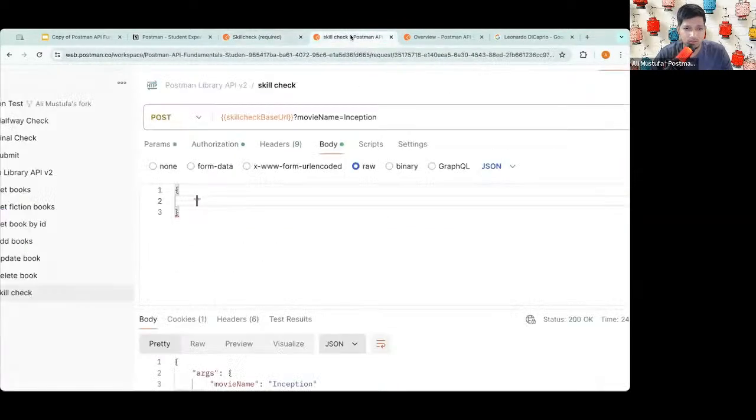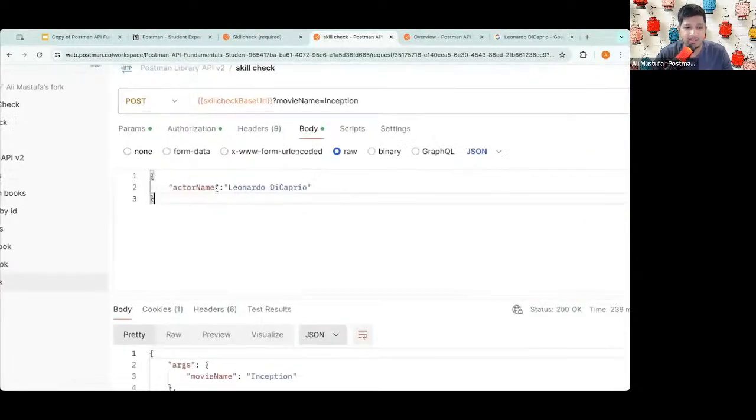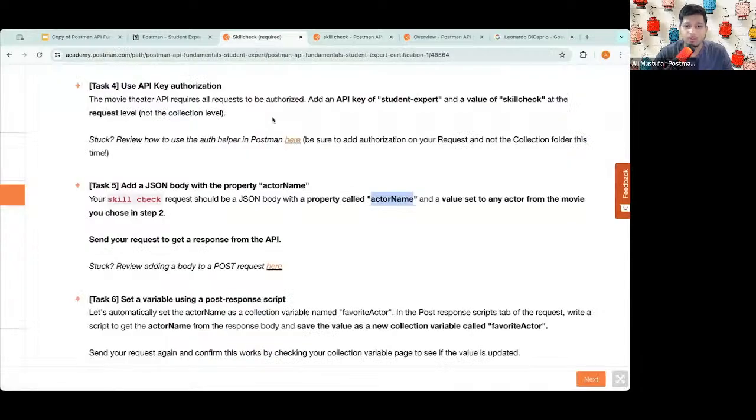So make sure that it is capital. So actor name and then colon and then the value, which is Leonardo DiCaprio. In your case, if you selected another movie, don't worry, you can add the name of that actor. Okay, perfect. Task 5 is also done.